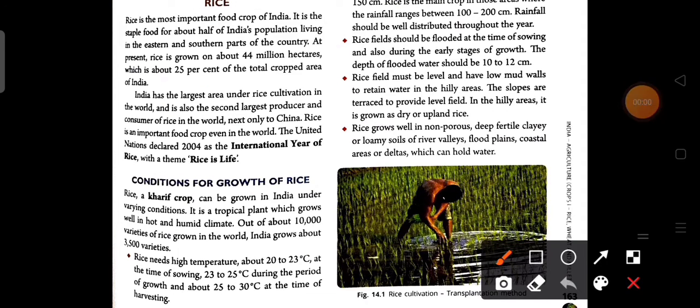Rice grows well in non-porous type of soil. What is non-porous type of soil? In this soil, the water remains on the surface and does not soak in. The deep, fertile, clay or loamy soil of the river valleys, we know that the river gets the fertile